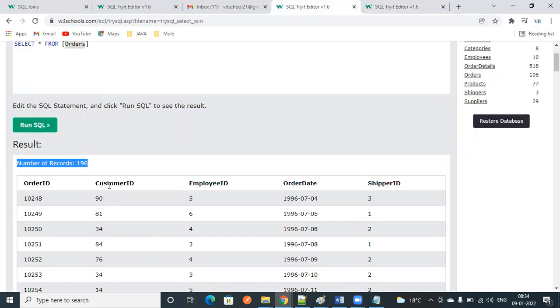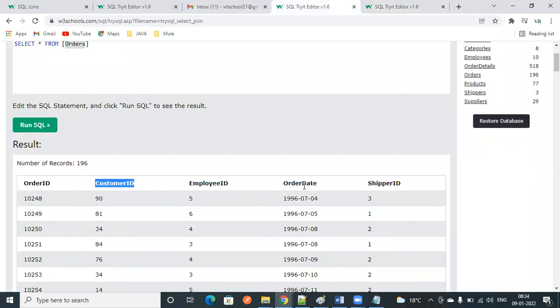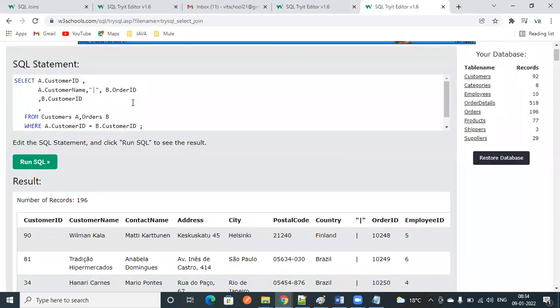Yeah, for your understanding, I'm going to display customer ID and order date. This is simple, whatever columns are required, you just need them.